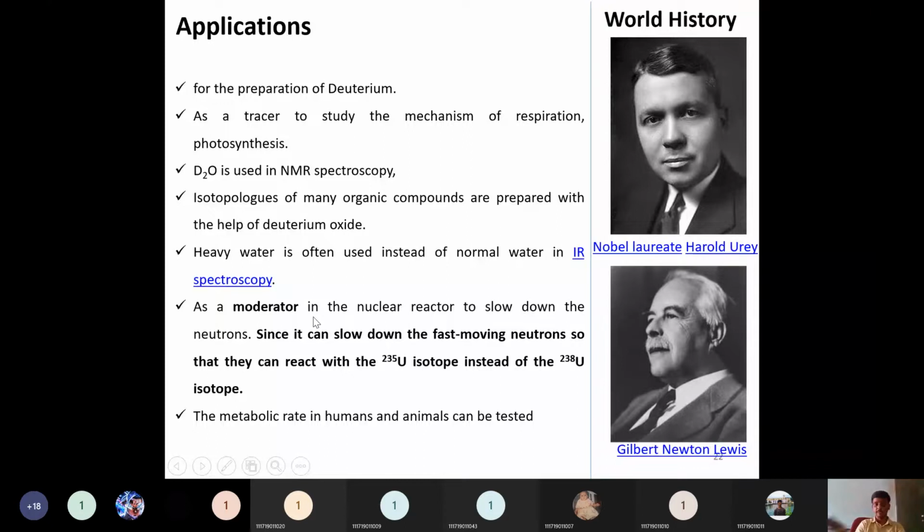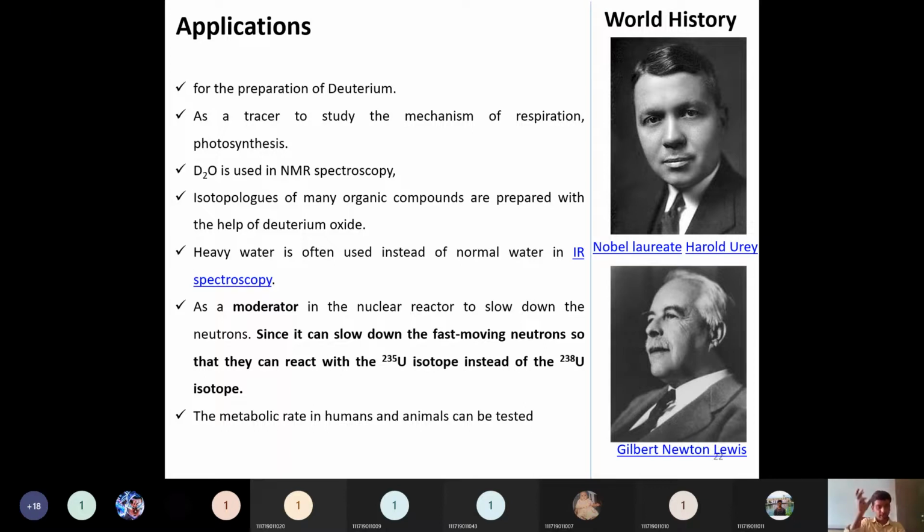Then as a moderator, as we have seen in the uranium processing and conversion process, or power generation from uranium, in reactor 1 and reactor 2, breeder reactor and fission reactor. There you will use it as a moderator in order to have a low absorption capacity for neutrons. We know that in every nuclear reaction, 2 to 3 neutrons will be generated. Because of this neutron generation, it is called a chain reaction. We cannot waste the 2 to 3 neutrons unnecessarily.